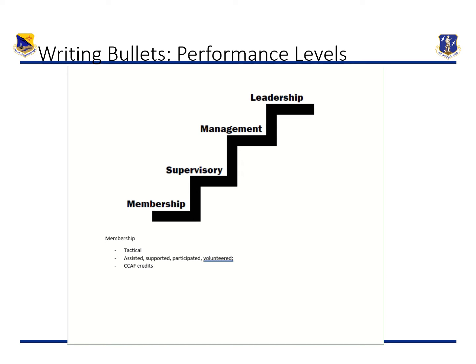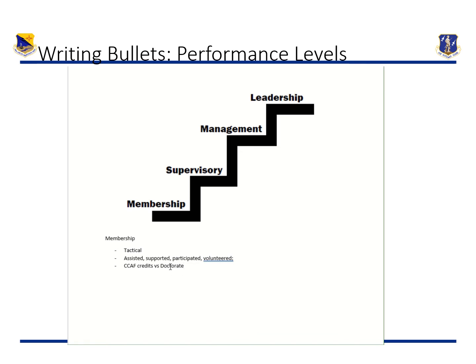He is knocking out some schoolwork. He's developing his expertise. But if I were to see a package, and I see an airman who's finalizing his doctorate or just completed his doctorate, and he is now writing a thesis that is going to support society in some way, shape, or form. I don't know, strategic level, right? I can't score this airman the same way I would score this airman. And so on a scale of 0 to 2, my CCAF credit airman would probably get like a 0.5 or maybe a 1, right? But then my doctorate airman would probably get a full 2 points.